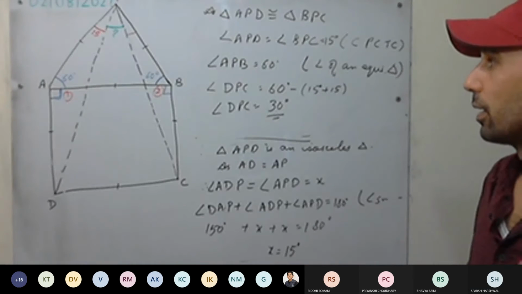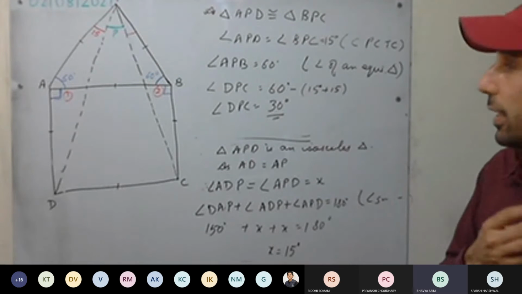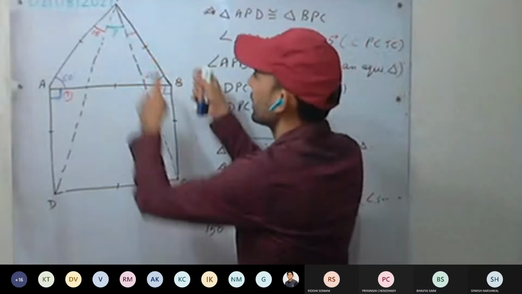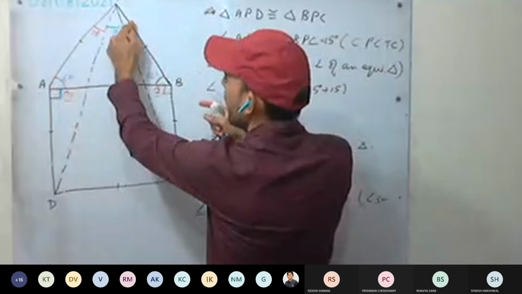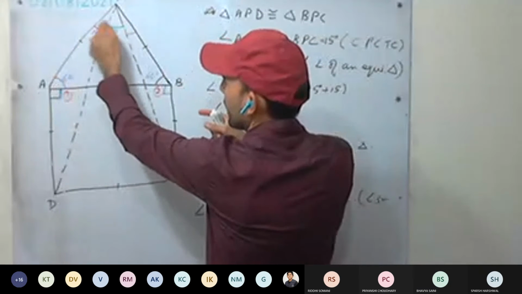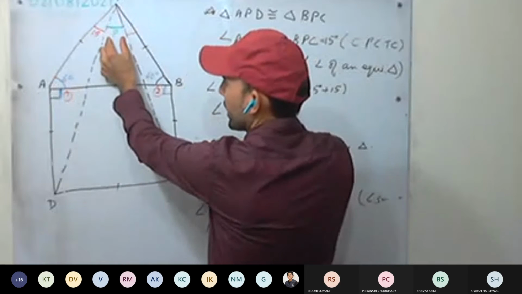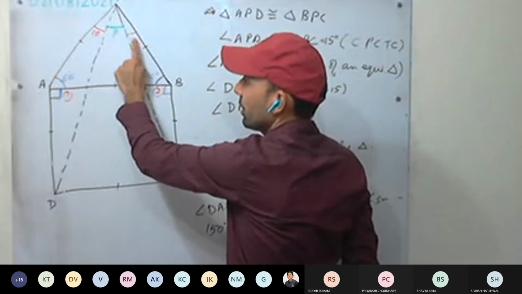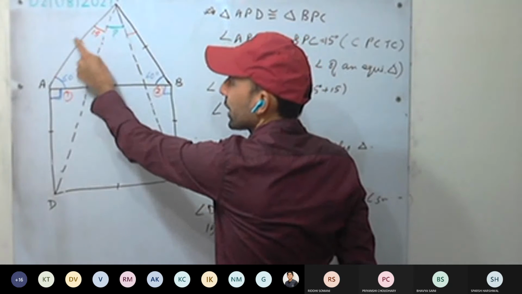Have you all understood this one? Yes, sir. Can you tell the last first step again? Okay. Any more doubts? See here, this triangle is an equilateral triangle. It means this angle is 60, this angle is 60, and this whole angle is 60 degrees. So how to calculate this angle? This whole angle is 60 degrees. It means we require these two angles as well. So first we are going to calculate this angle.